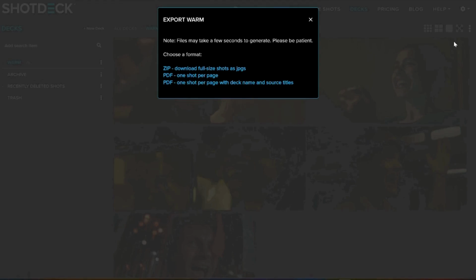It will say export whatever the name of the deck is. It says note, files may take a few seconds to generate, please be patient. Choose a format. So you have three different options as far as exporting. You can export it as a zip file, download full-size shots as JPEGs, or you can do a PDF, one